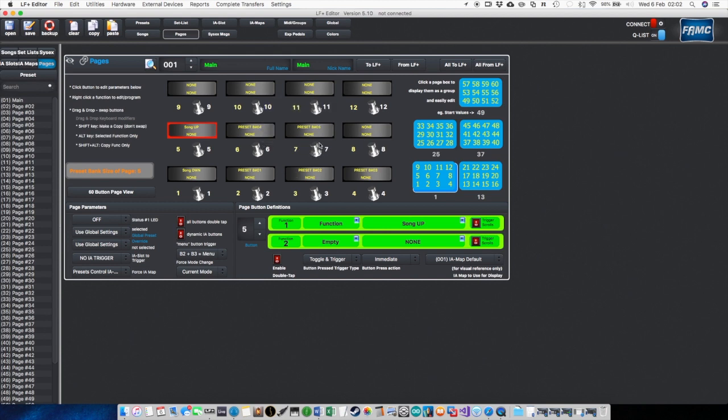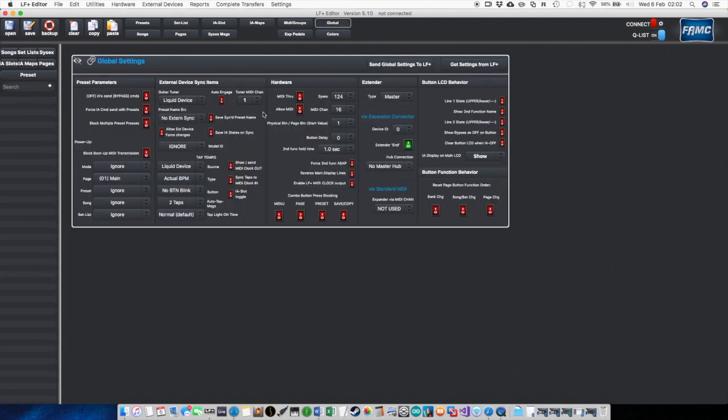I want to very quickly be able to hit the right button. If I've accidentally gone into the menu and the exit button is somewhere else, I'm going to confuse myself. So on mine, if you go into global, I believe it's in here, you can do combo button press blocking for menu and page and preset, save and copy. I always lock all of them out so that I never accidentally end up somewhere. If I really want menu,